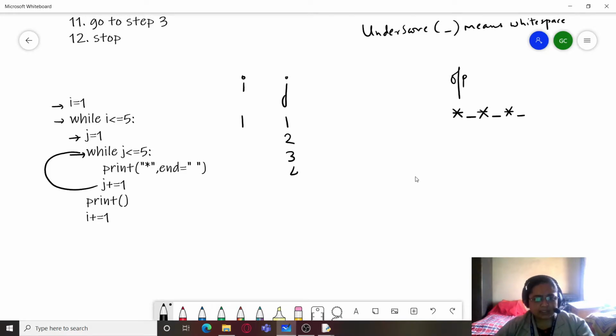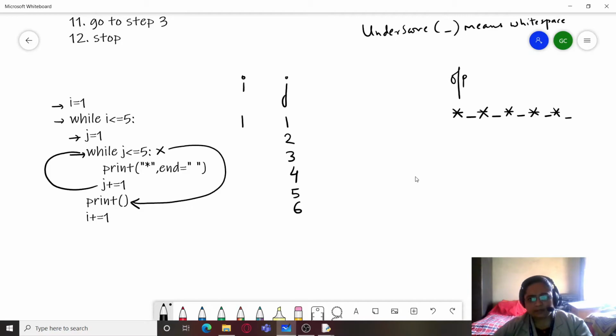Now j becomes 4, again it is still less than or equal to 5, again print this. Make it 5, it is not less than 5 but it is equal to 5. So here the condition is still true, again print asterisk and a space, and now make j into 6. Again it goes back, now the condition is false, so it terminates and comes to this point, that is print.